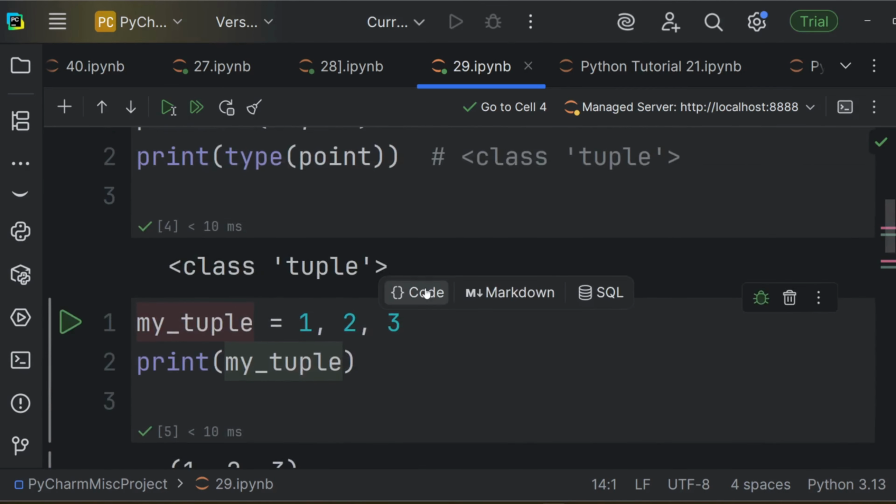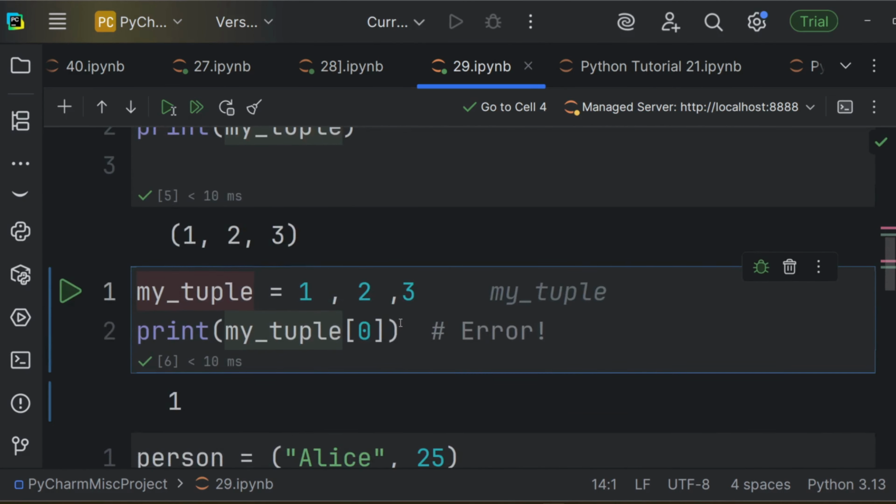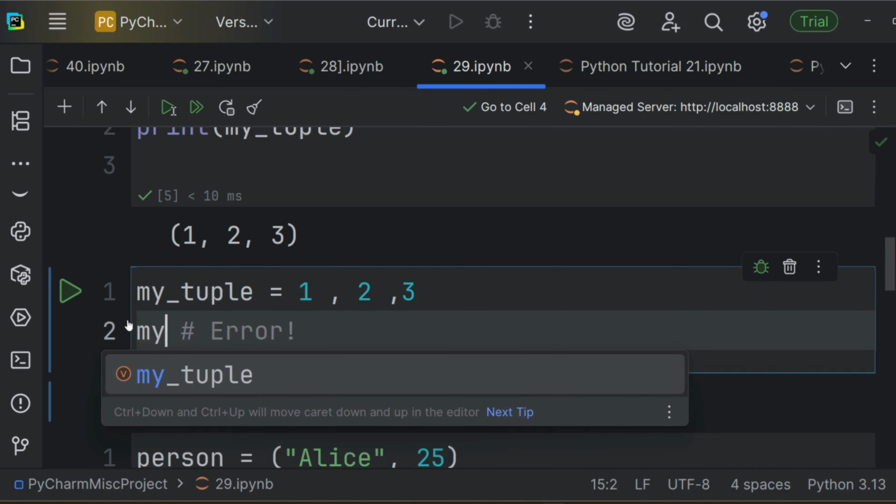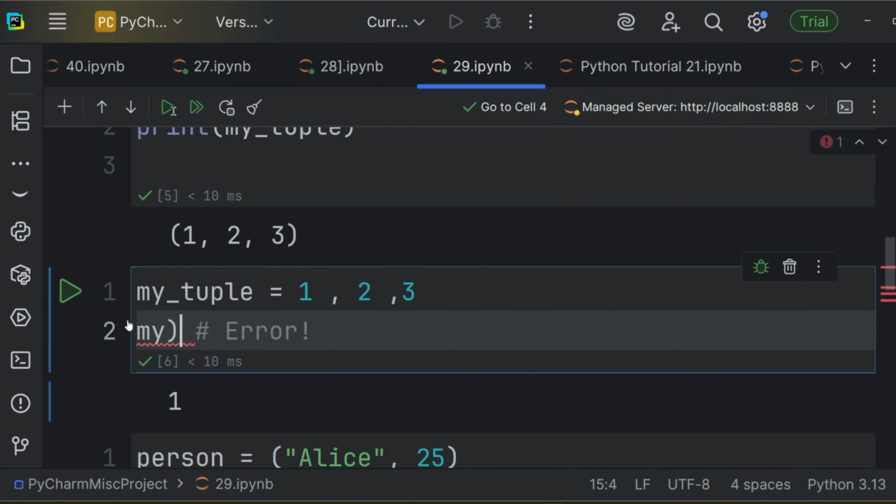But let's try something different. Let's try to change the value of a tuple. We'll put my tuple, square bracket 0. Remember, whenever you're using indexes, you should always start with a 0.